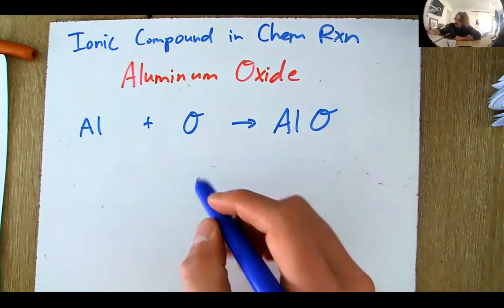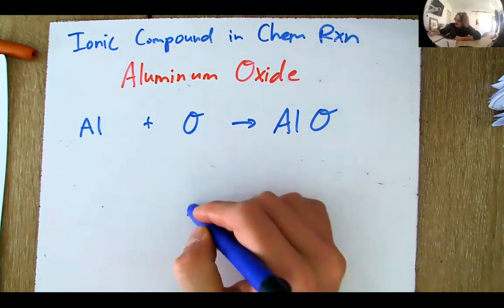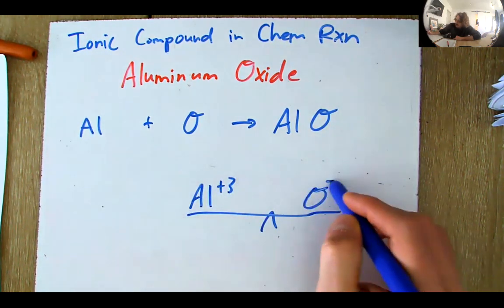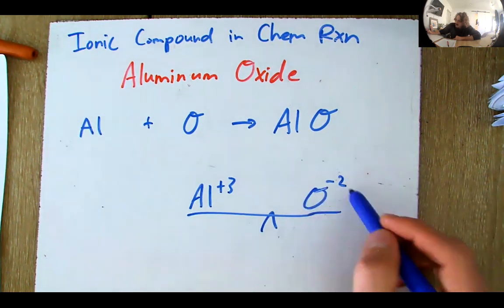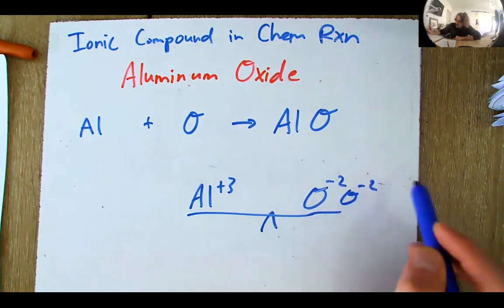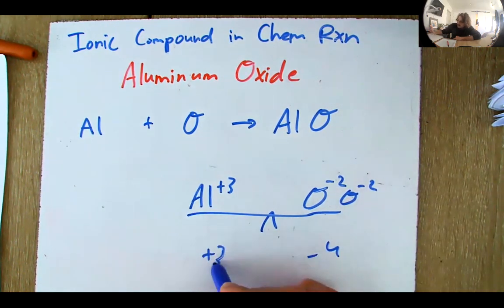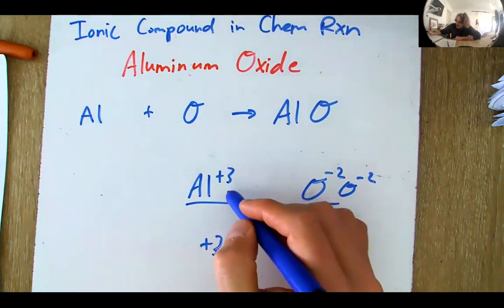The correct formula for aluminum oxide looks like this. Aluminum has a charge of +3. Oxygen has a charge of -2. So oxygen needs to invite one more friend. And now the oxygens are winning. Look, see? -4 versus +3. Oxygens are winning. Okay, now over here, aluminum's going to be like, okay, I don't want the oxygens to win,